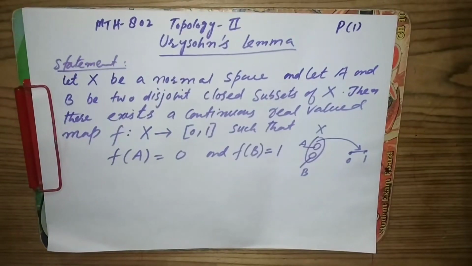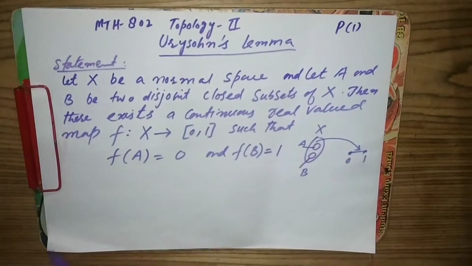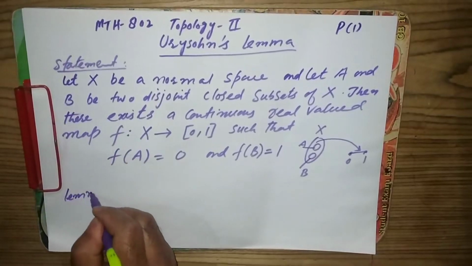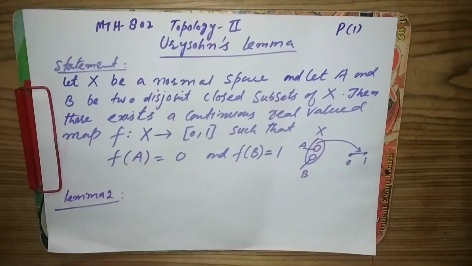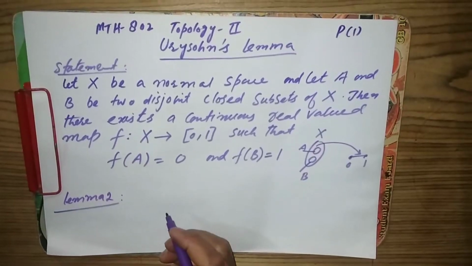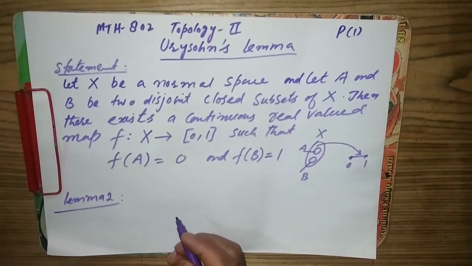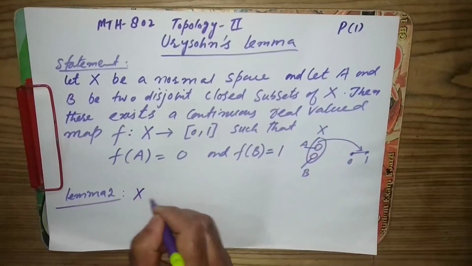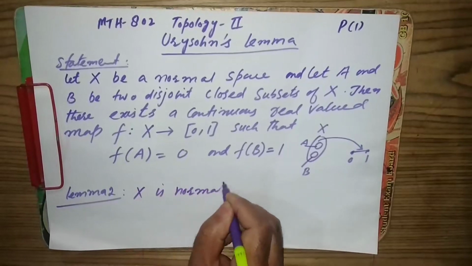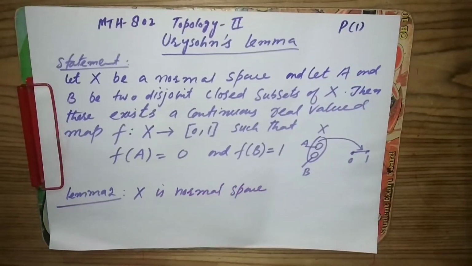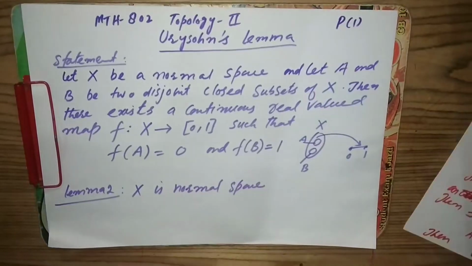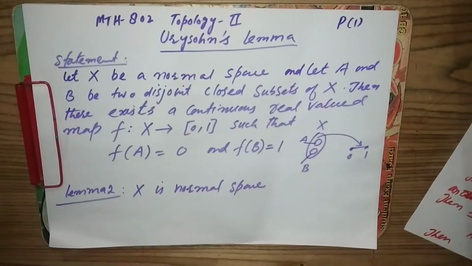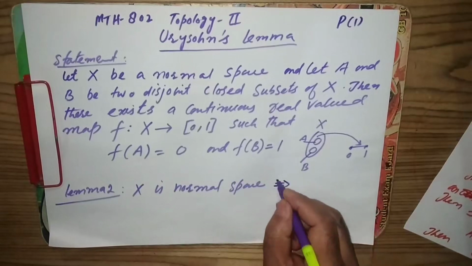Before proving this Urysohn's lemma, I want to recall Lemma 2 of the previous lecture, which states that X is a normal space if and only if